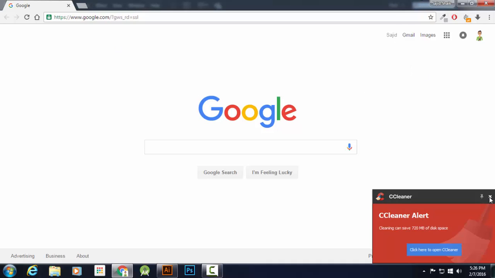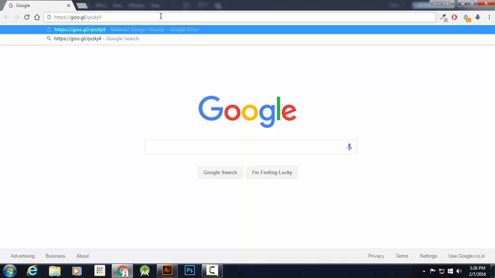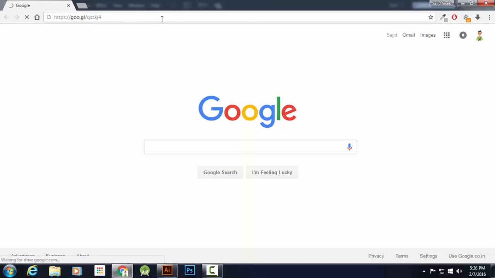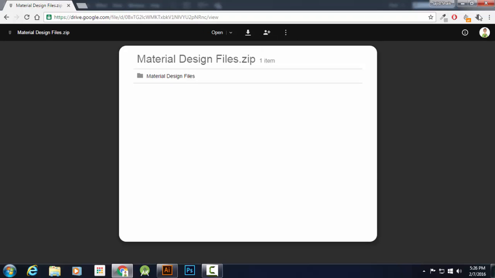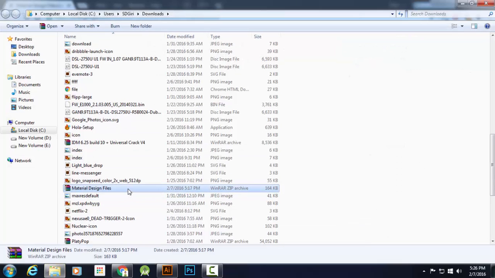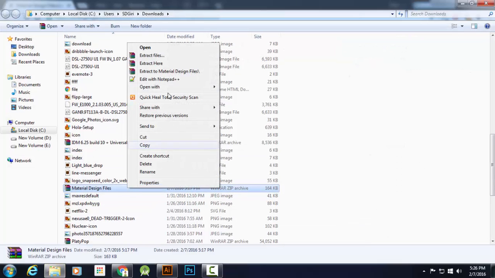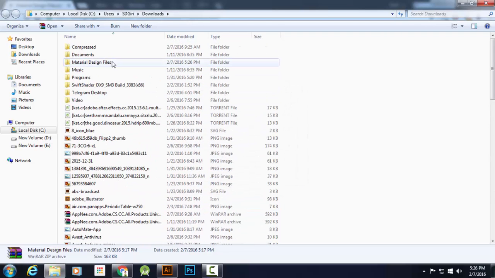So first of all, what you need to do is just open up your browser and go to this link. This will be in the description below. Open it up and then just download this. I've already downloaded this file. I'll go to show in folder, right click it and extract to material design file, and here are my